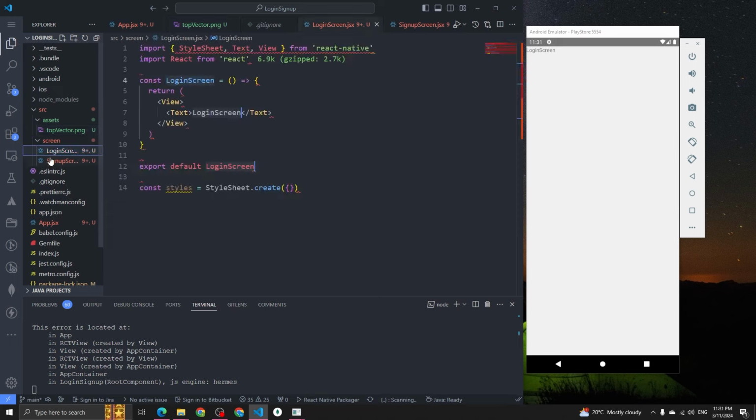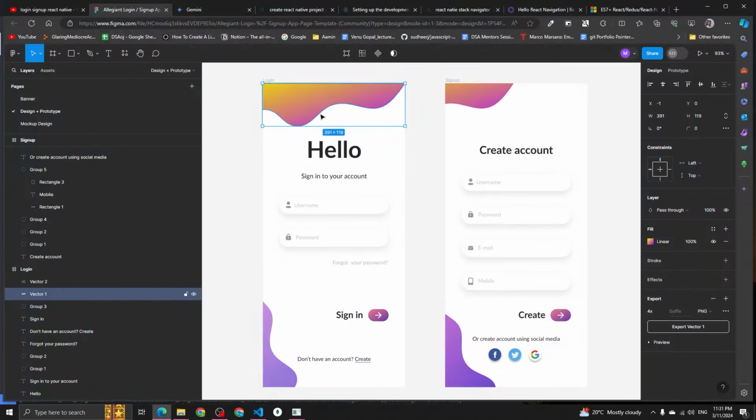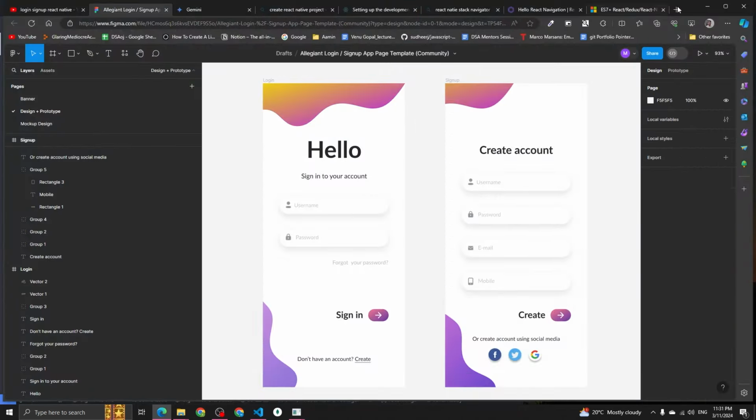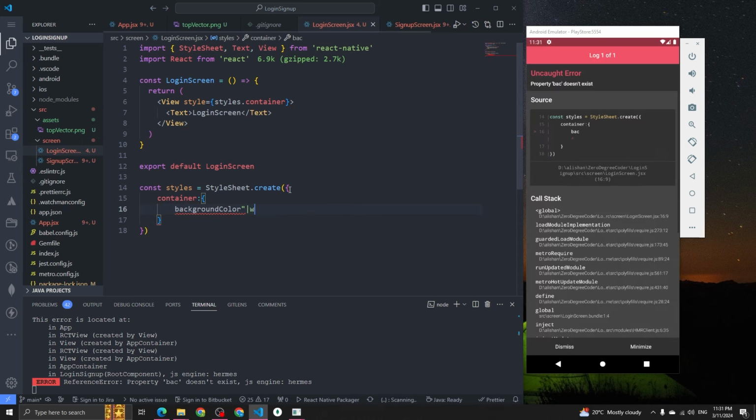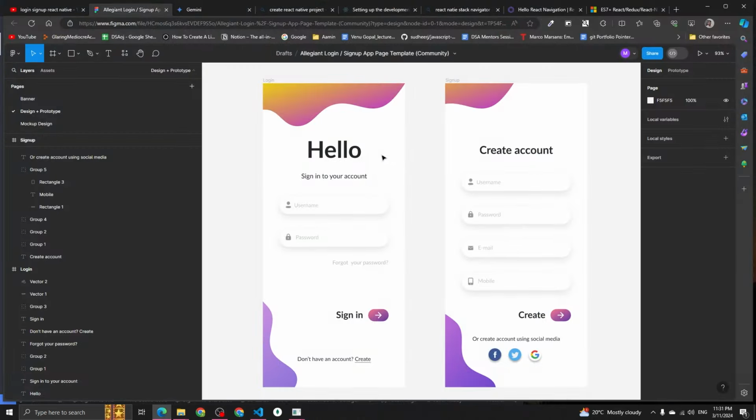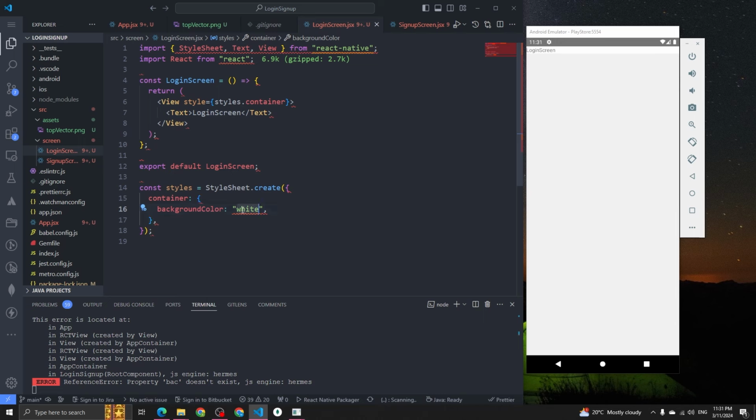Now let's do this as well. So I went to the login screen, and we have to first import the image like this. Before that, let's style the container, styles.container. The background color is white, as you can see there. So let's make the background color white, F5. Okay, let me replace it with that. Currently you can see that the color is only reflected here. So let's make